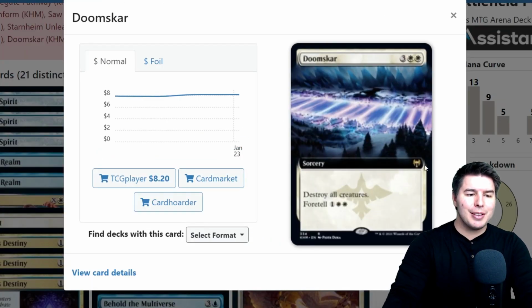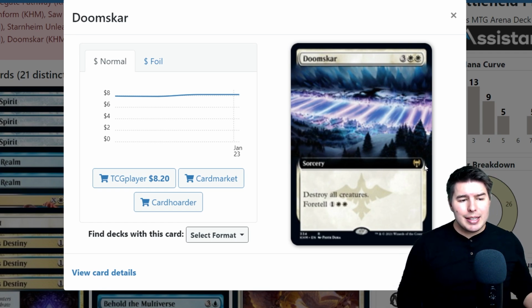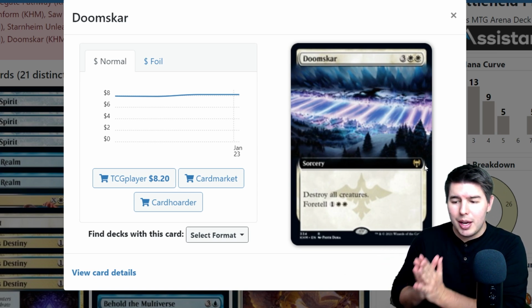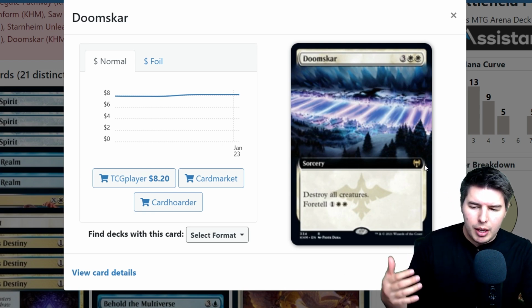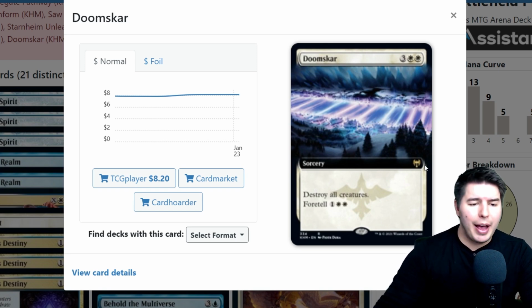Pretty straightforward, 5 mana destroy all creatures at sorcery speed. So a worse Shadow the Skies because it's 5 mana, or you foretell it and then suddenly it becomes a 3 mana destroy all creatures, which is so good. And so this is why I think this is so good up against a control deck, especially if you're on the draw, or up against a creature deck that's playing a bunch of creatures, going aggro, Gruul aggro, whatever else